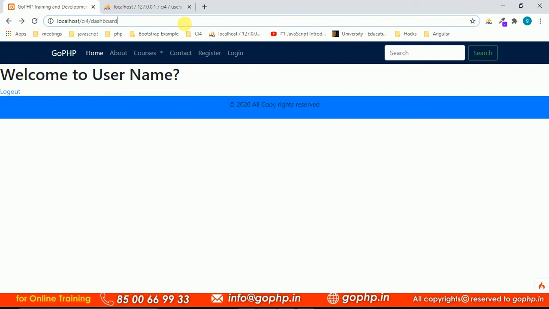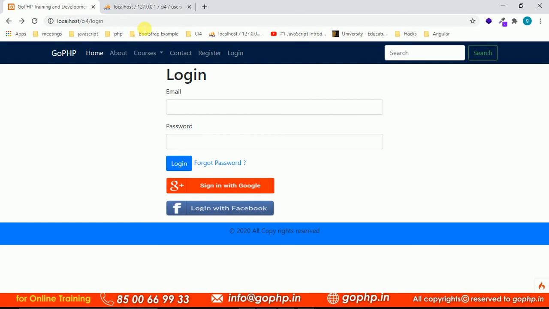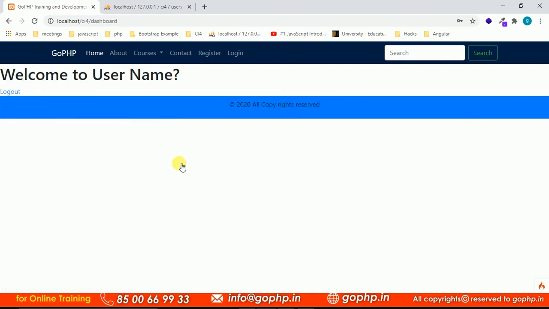I'm refreshing the page. When you refresh, it automatically redirects you back to your login page. Can you see? Even if I click the back button, you cannot go to the dashboard page, guys. Let me log in with the data 1 2 3 4 5 6. I'm entering it now and submitting. Now you went to the welcome page, but here we have to display the logged in user data.